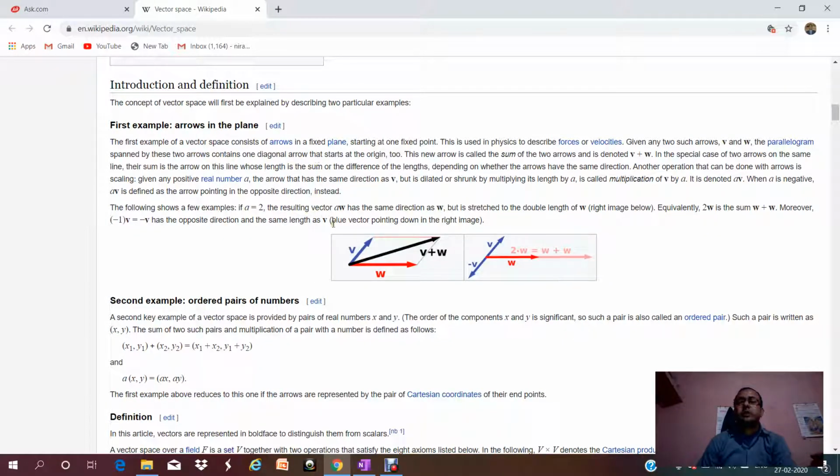Now, this is a two-dimensional figure. There are two vectors v and w, and v plus w is presented through a parallelogram, where v and w are the adjacent sides, and v plus w is the